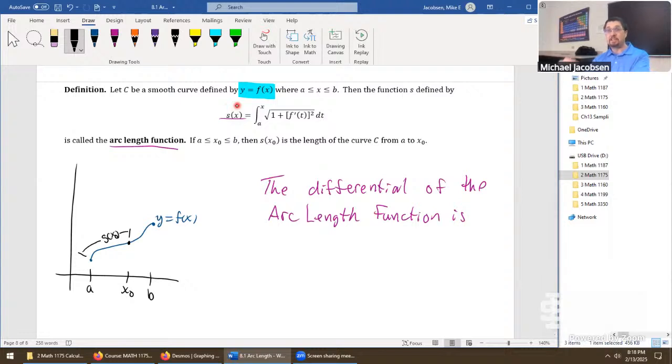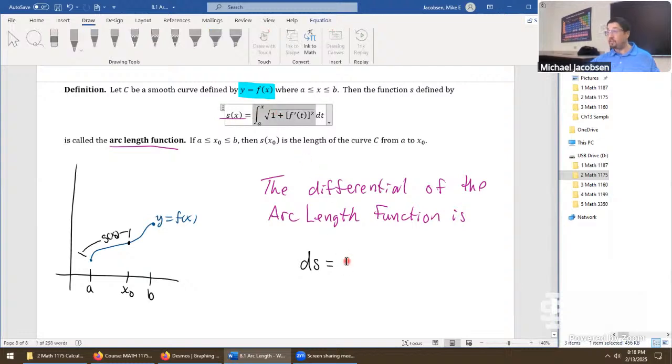Well, not differentiating, compute the differential, which means s converts into ds. We go over here. When we take the derivative of this whole function, which goes to this part of the differential, all we do is grab the integrand. So we take all of that right there, root 1 plus